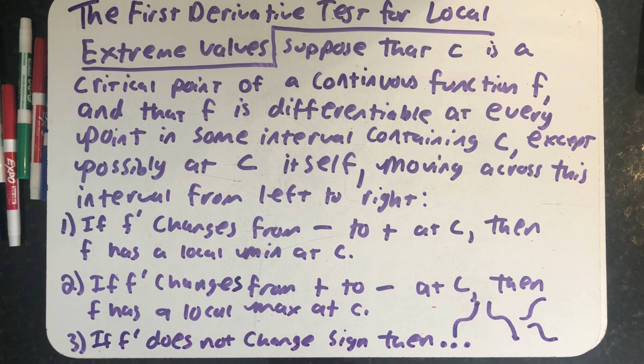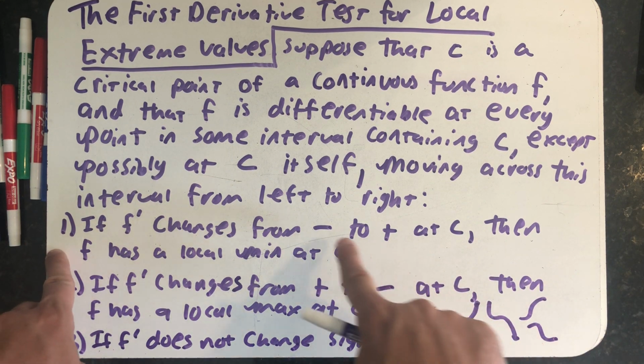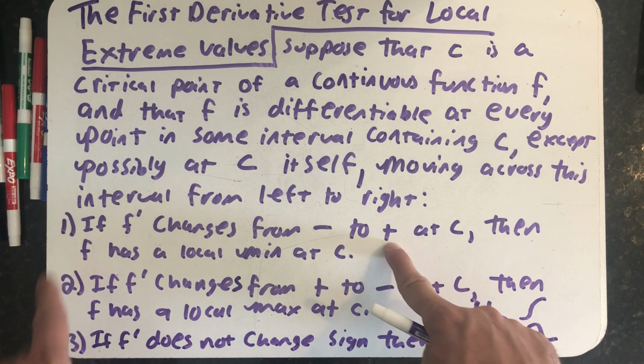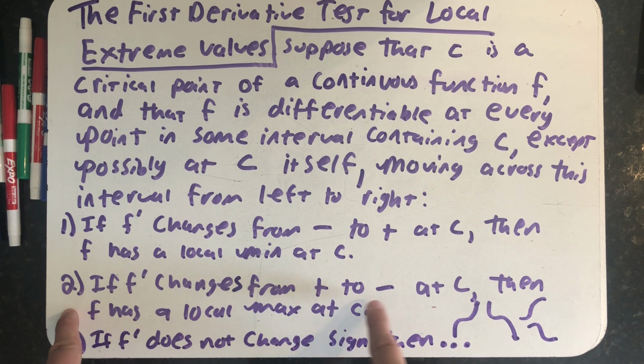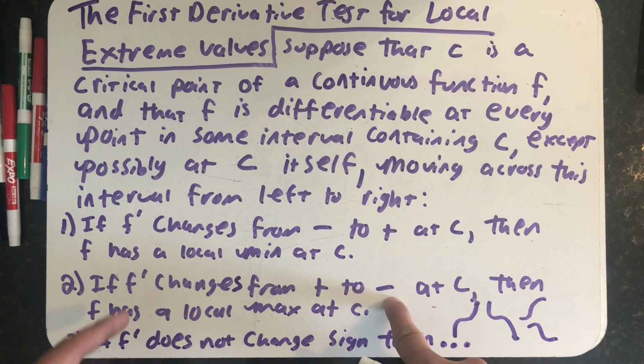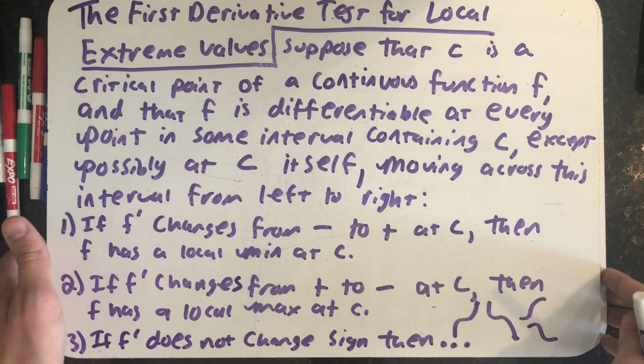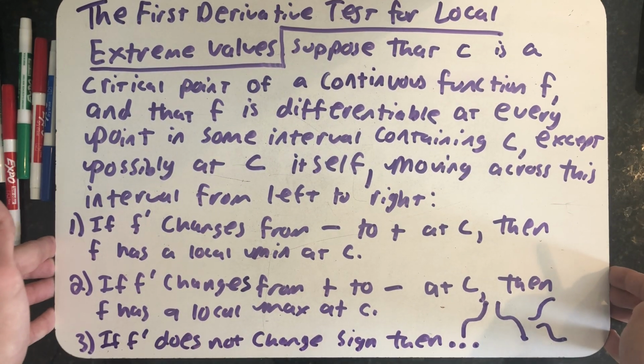not an extreme value. So there's a min if I change from a negative to a positive. There's a max if I change from a positive to a negative. And when I say change, I mean in the first derivative. And if the first derivative doesn't change sign at all, then there's not an extreme value at that critical point, and that's just fine. So let's look at that example we did in the last video